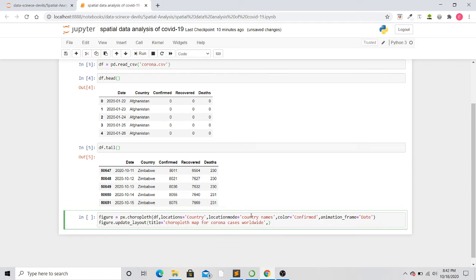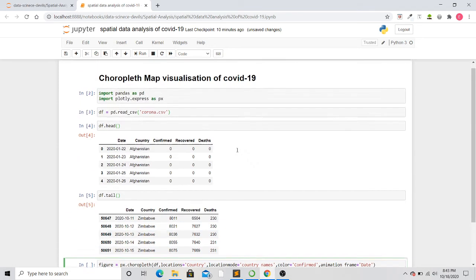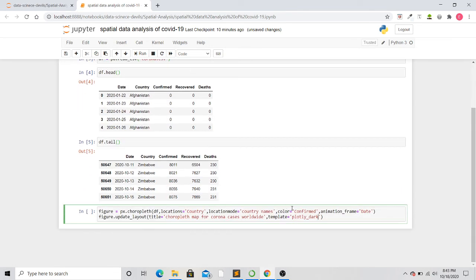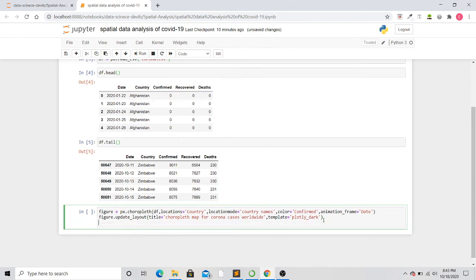And as black is my favorite color, I want the template of this choropleth map to be dark. For that there is a parameter named template, and its value I will pass as plotly_dark. This will make your choropleth map visualization template dark in color, and believe me, it looks awesome.